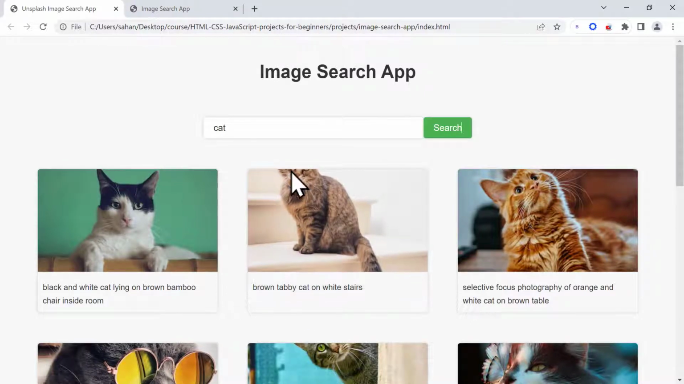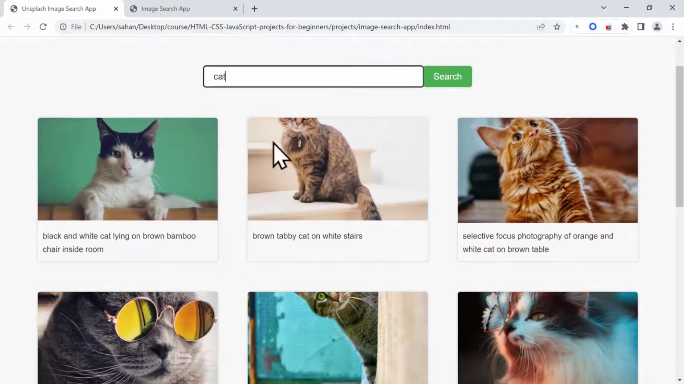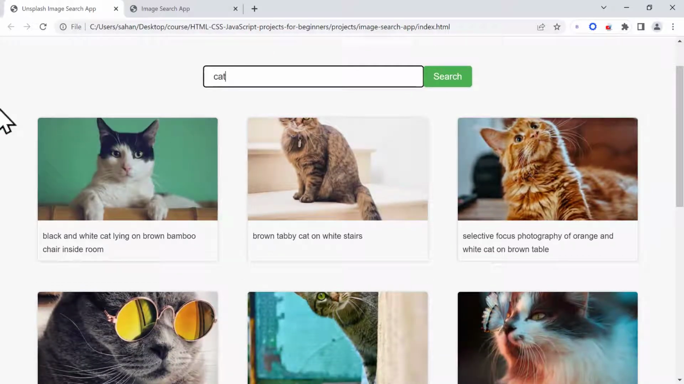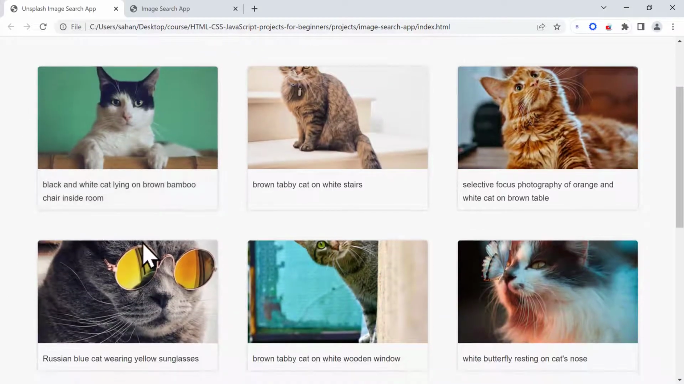So what we have here is an h1 tag saying image search app at the top. Then we have a form, which includes an input and also a button. So we need to add the h1 tag, a form. Inside the form, we have input and button. Then we have a div, which is covering all the results, and the result is going to be a bunch